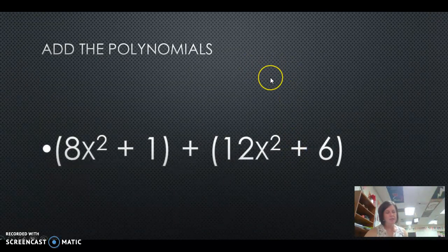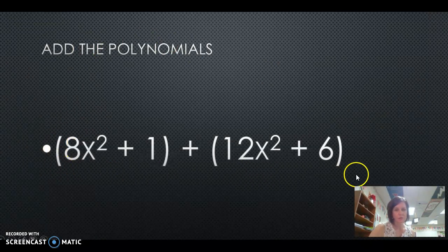So I wanted to just get out a lot of that vocabulary for you, and we're going to pick up tomorrow with specifically adding and subtracting some polynomials. But I want you to look at this example right now, and I want you to go ahead and add this polynomial. I want you to find the sum of this problem, and then I want to see what you get, and I want to compare our answers tomorrow and use that as a talking point tomorrow. So please have an answer for this. This is your entrance ticket for tomorrow. Please be ready to put your answer on a sticky note when you come